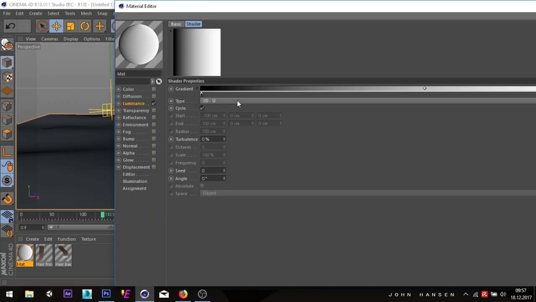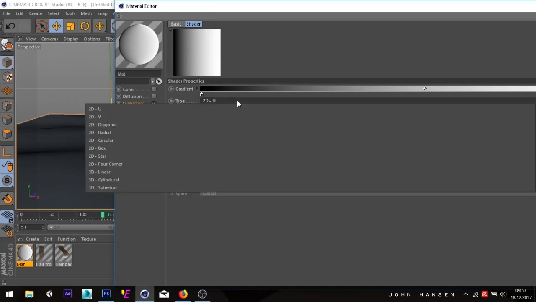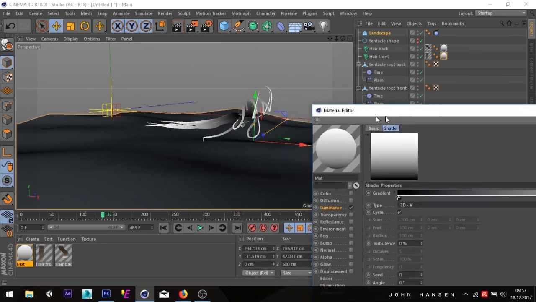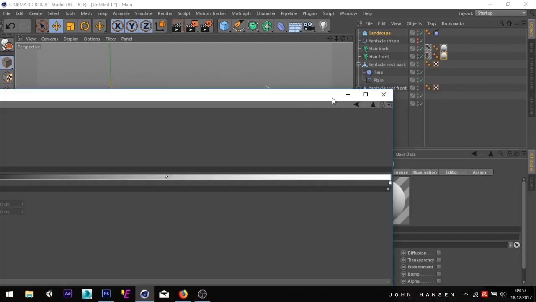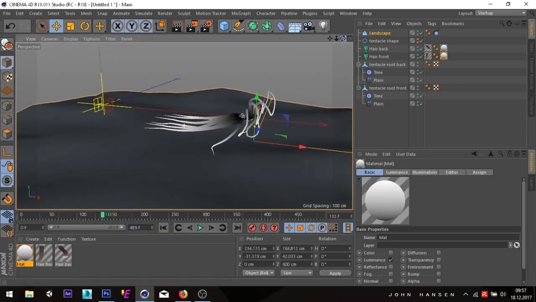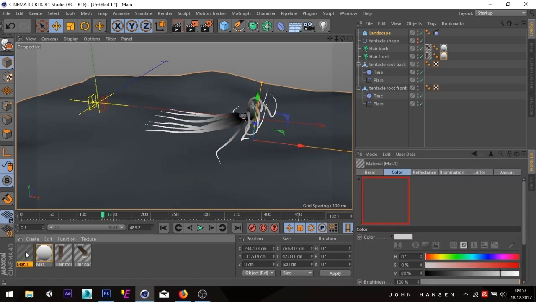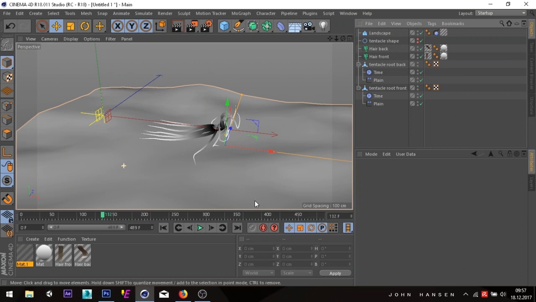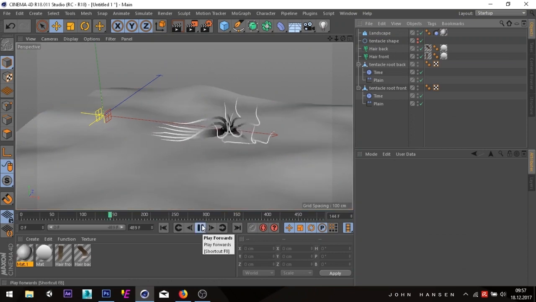That always works good with splines and cylinder and hair. Okay, so we will see my hair is growing there, starting black and going white. So that is better for the look. Maybe white material on our terrain. Okay, and when we hit play,